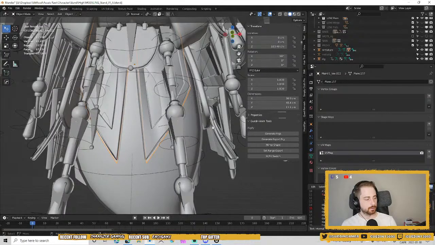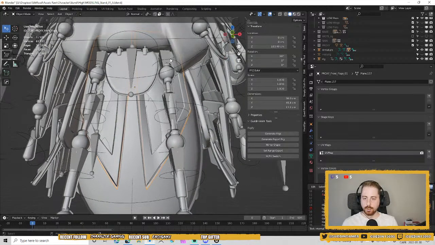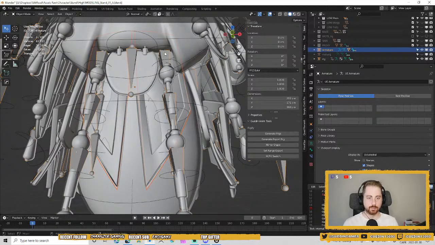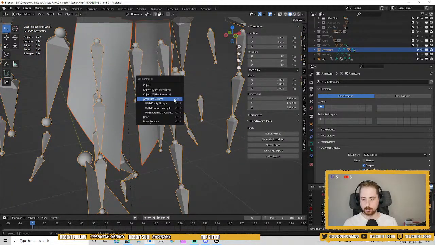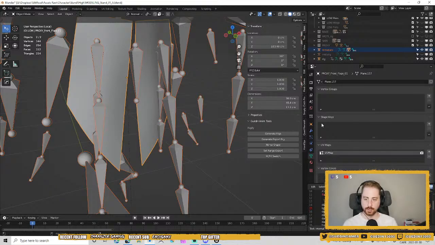Here we go. So that's gonna be my proxy that I'm gonna call proxy front flaps 01. That's what I'm gonna rig to my armature. So let's go armature deform, then